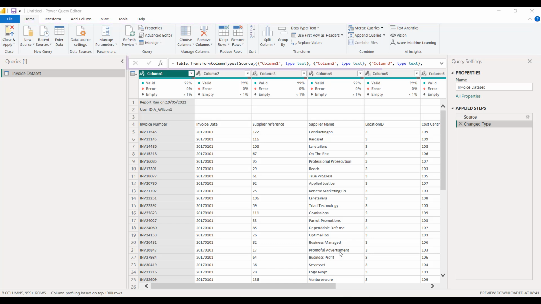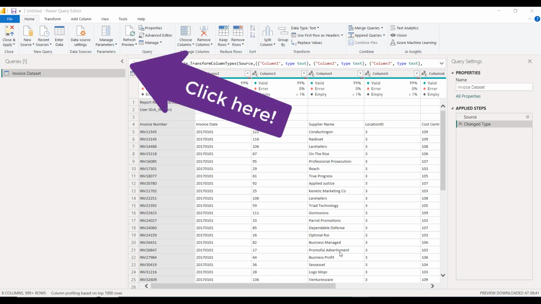Between the ribbon and the Power Query editor's preview screen, we have the formula bar, and this holds the code that Power Query uses to perform the transformations. Now, just in case you don't have a couple of these items, let's just run through how to make sure they come up on your screen. So first off, the preview screen will always be on the screen when you open the editor. However, the Queries pane on the left-hand side may be hidden, and in order to unhide it, you can click on the arrow next to the word Queries to hide or reveal this pane.